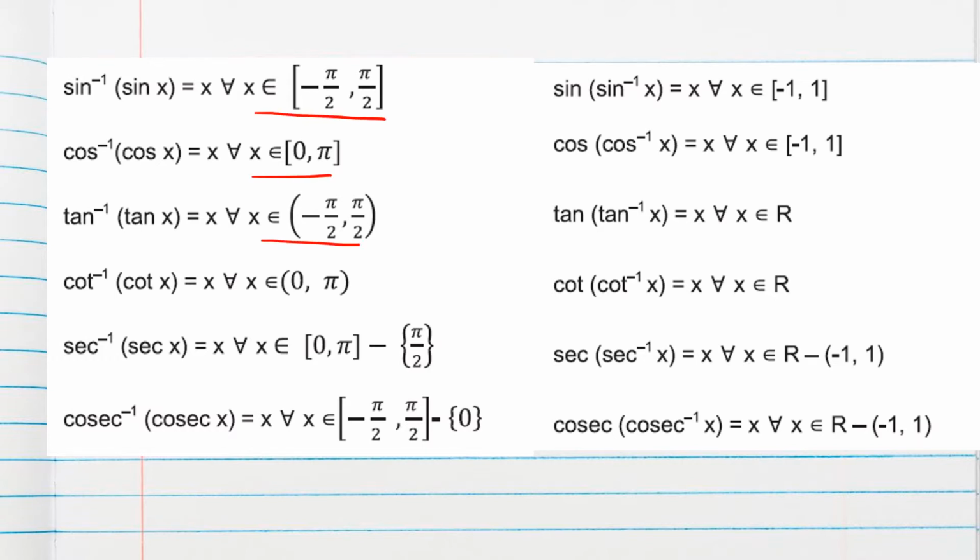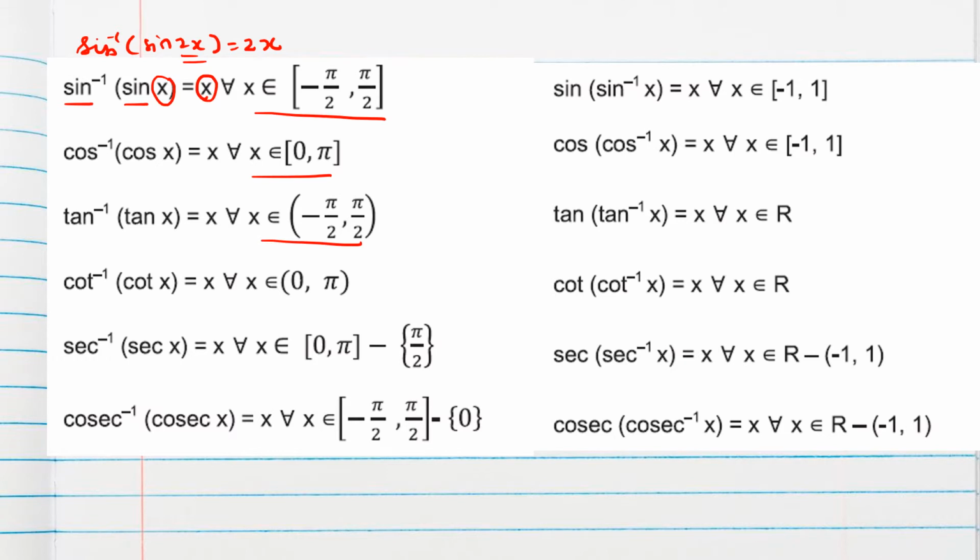Within the domain, sine inverse and sine, if you see the same trigonometric ratio and its inverse, you can cancel. Meaning no need to show that we are cancelling it, but it will be equal to the angle. For example, sine inverse sine 2x will be equal to 2x within the range. Accordingly the range and domain will be defined. Here x belongs to minus pi by 2 to pi by 2, so for the 2x angle it will be minus pi to pi, like that.